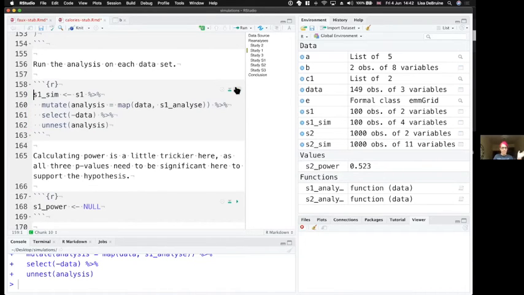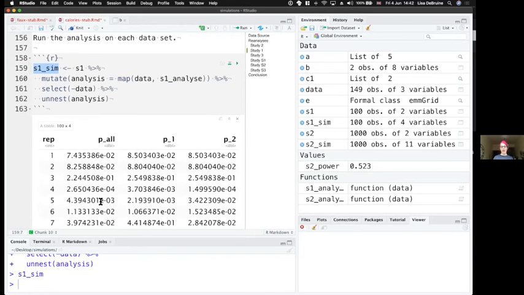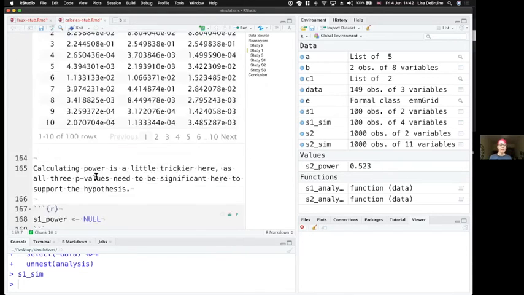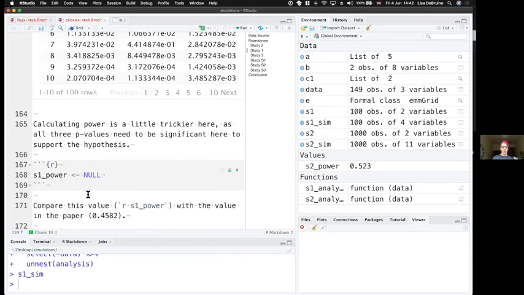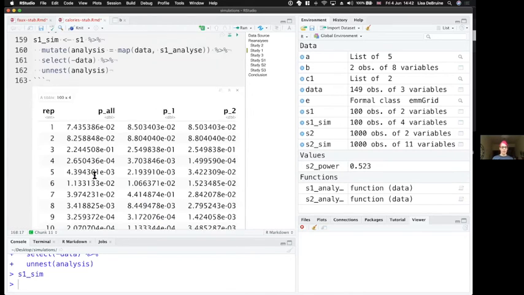All right, so we've got this table here, S1 sim. It's got 3 columns for each of the p-values. Now we need to turn those into a yes or no decision. Did this support the hypothesis or not, so that we can calculate power? So if we want all 3 p-values to be significant,